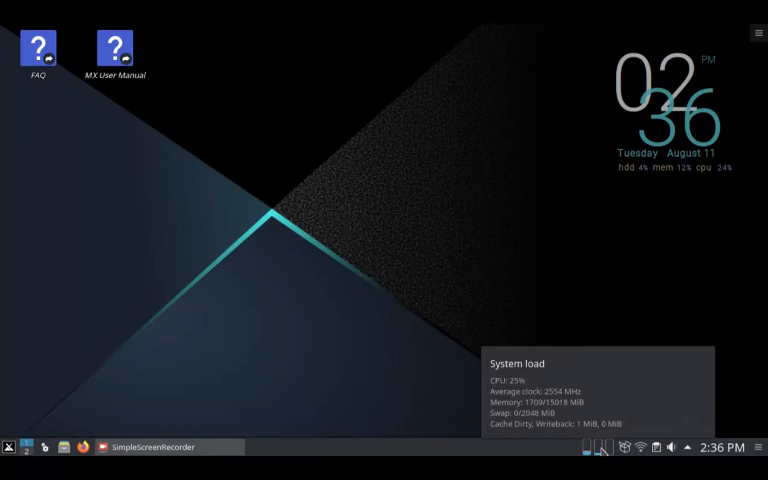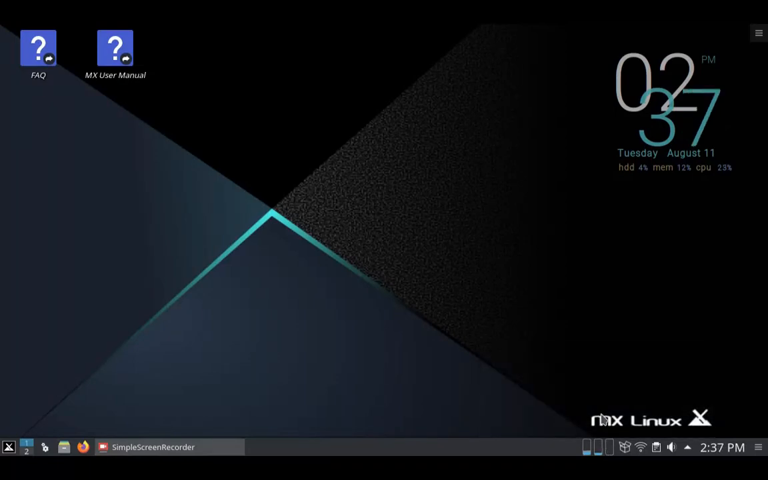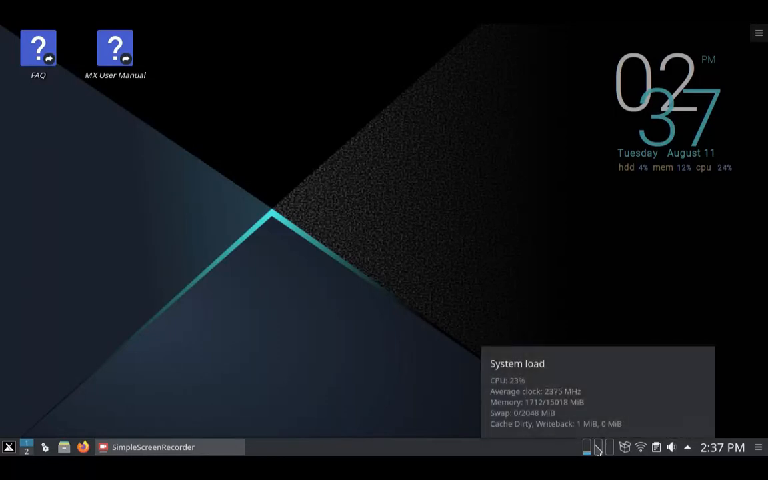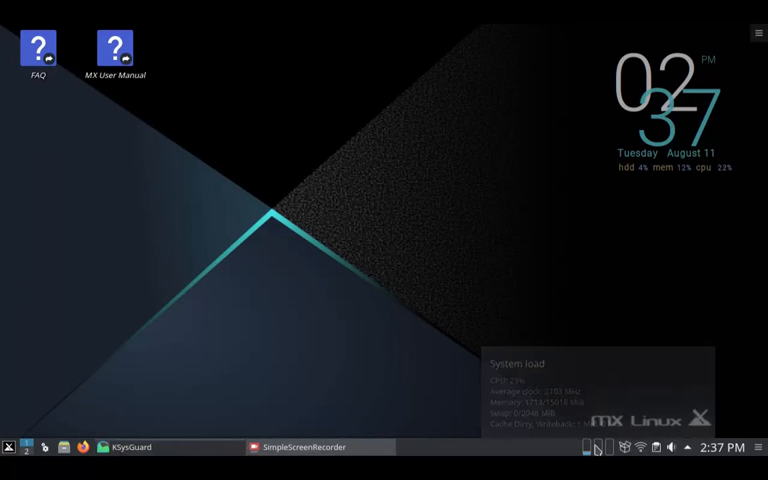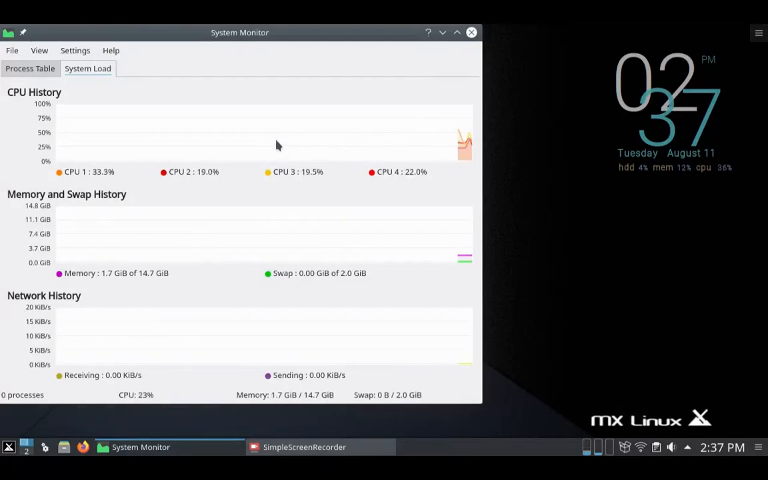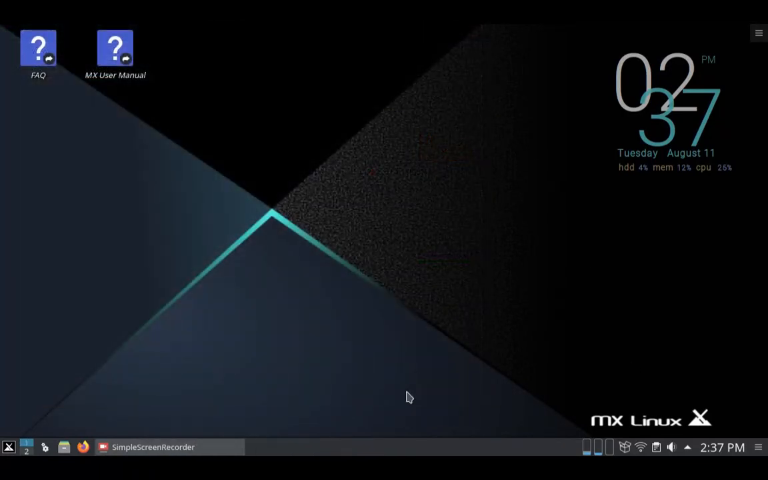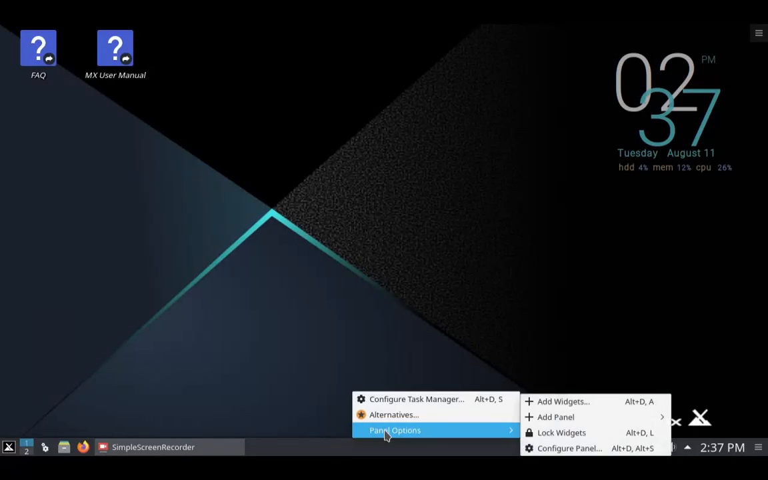a system load monitor that when you hover you get the information, but if you click it you'll get a moving graph of CPU history, memory and swap history, and network history. You can add other panels to the system by right-clicking, Panel Options, Add Panel, and then you can use an application menu bar, a default panel, or an empty panel. I'll choose Empty Panel,